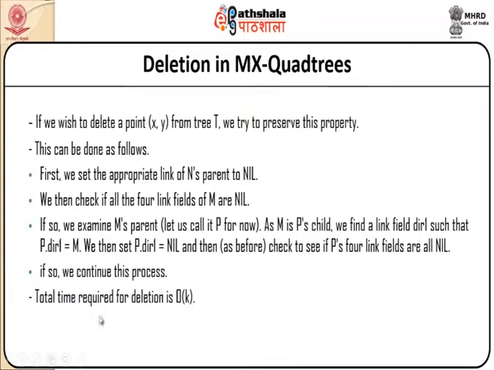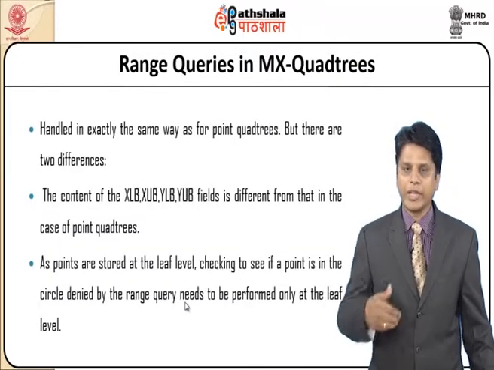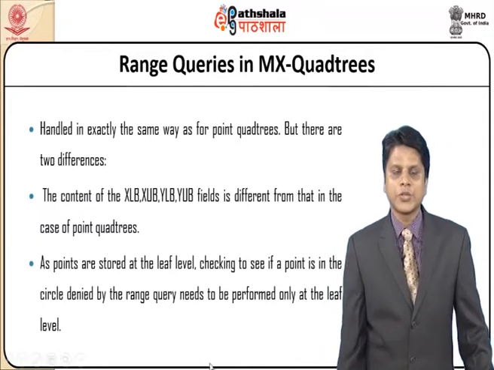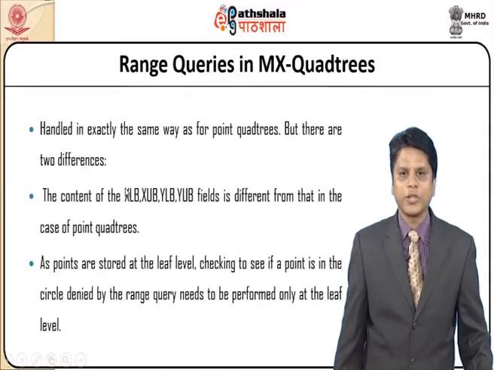So, the total time required for deletion is O of k. We may have to check for all subsequent nodes that are routed to the actual node. We have to make that nil initially so that we can branch it, or we can delete this particular node. So, this is handled in exactly the same way as we have handled it for the point quadtrees, but